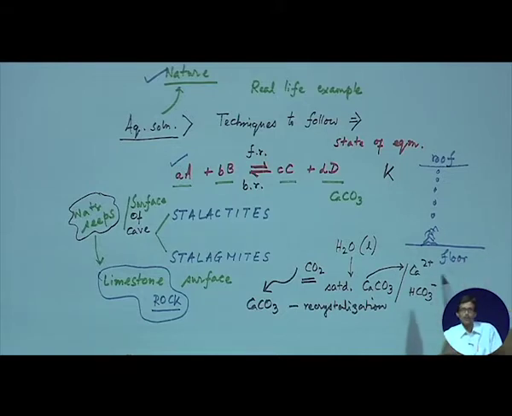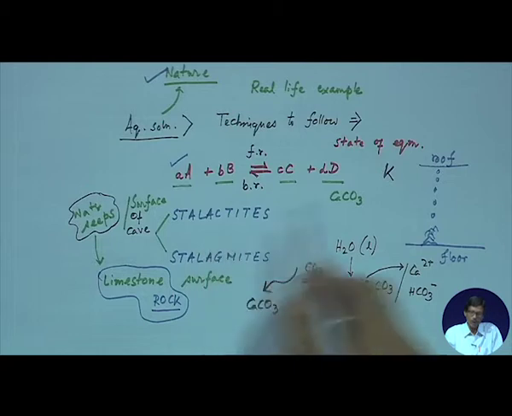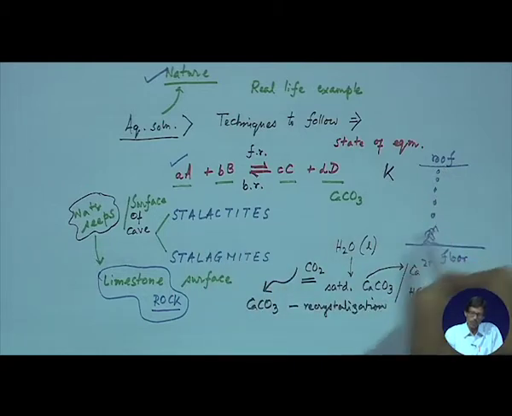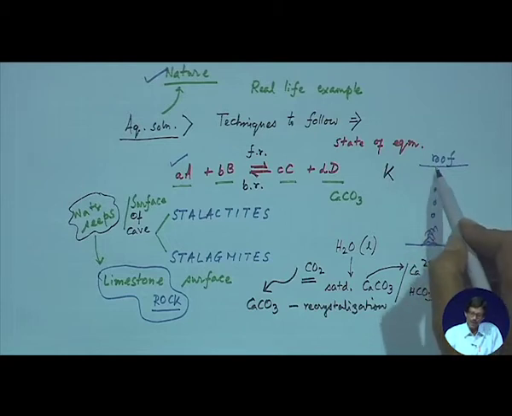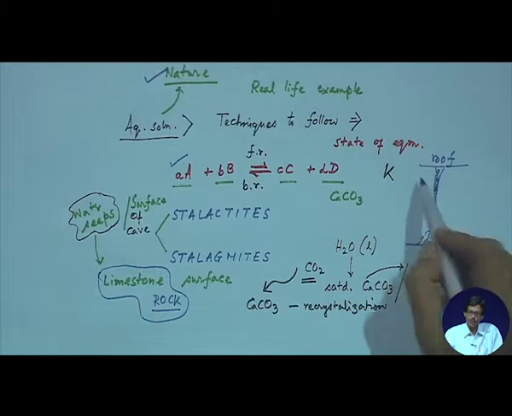So, these are the two things, that is why we have two different names: one is coming out from the roof and one is getting deposited on the floor. So, these nice small rod-like structures look as if they are crystals of ice, but they are not, they are crystals of calcium carbonate. It is a beautiful structure that we get inside this cave.